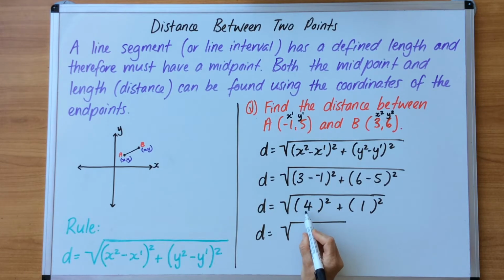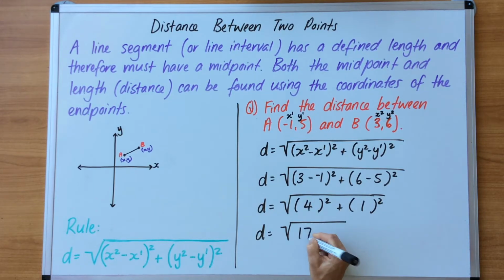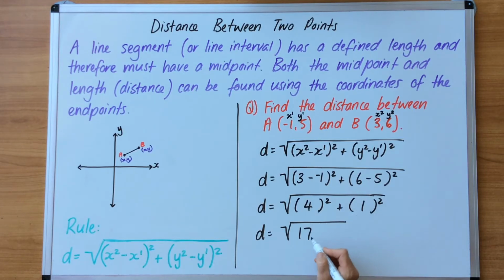If I work 4 squared and I add that to 1 squared, I get an answer of 17. So 4 times 4 is 16. If I add that to 1 squared, which is 1 times 1 is 1, 16 plus 1 gives me 17. And then when I find the square root of 17, so in my calculator I punch in the square root button, 17 equals, and I get distance equals 4.12,